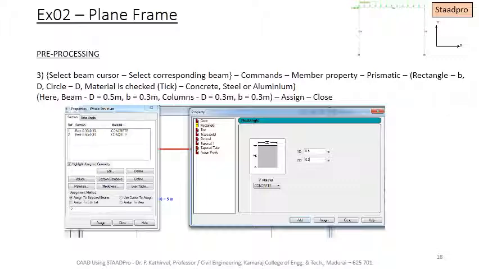So they have to be given separately, and then click assign and close. So initially the beam size is given 0.3 by 0.5 meters, assign close. Then once again select both the columns, go to commands, member property, prismatic, give the dimensions as 0.3 by 0.3 meters, assign and close. So the section property will be displayed in the screen.